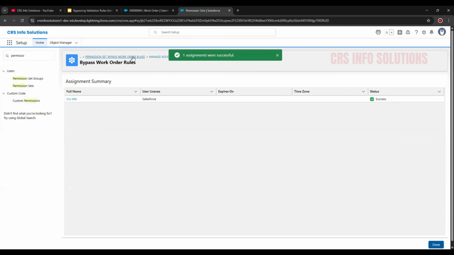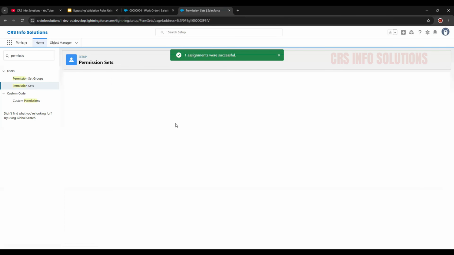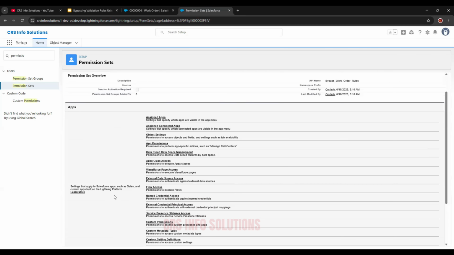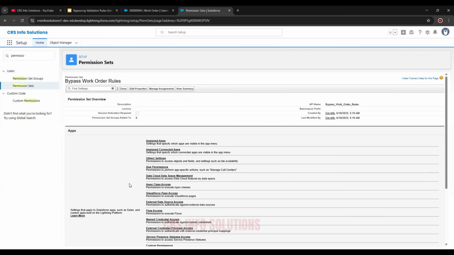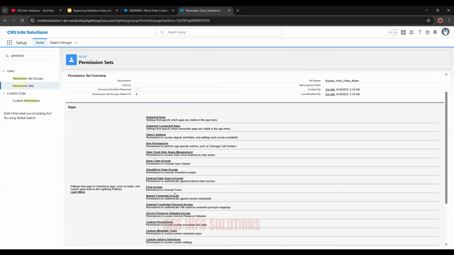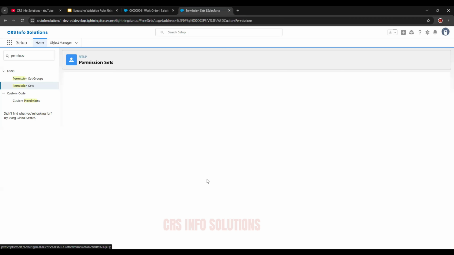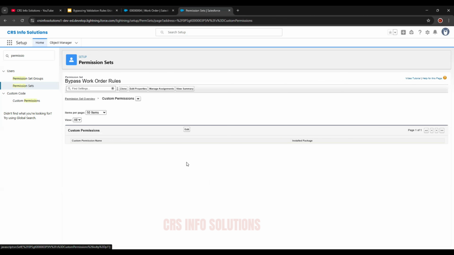Okay. Now we have one more thing to do. We created this permission set, but we did not attach that custom permission that we created before to this permission set. So within this permission set page, I will go to custom permissions, and I will go ahead and edit.